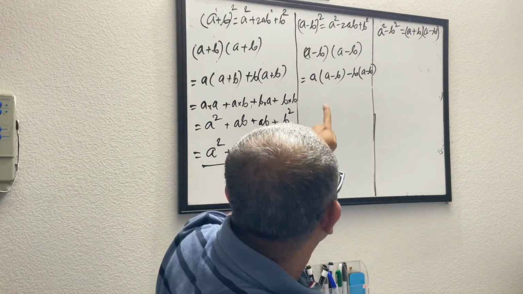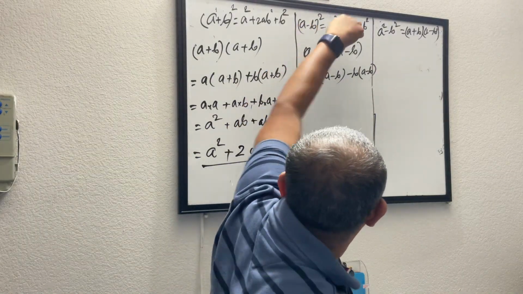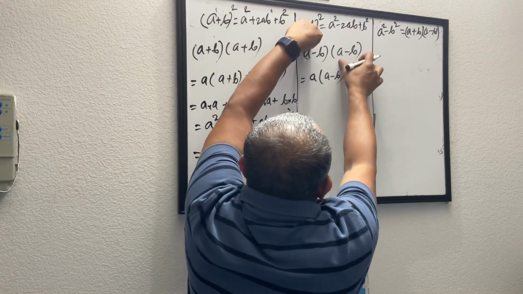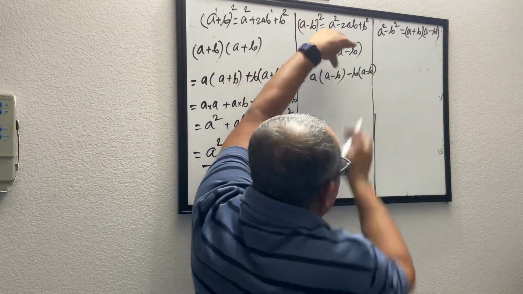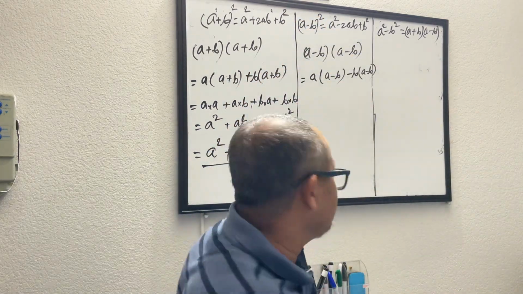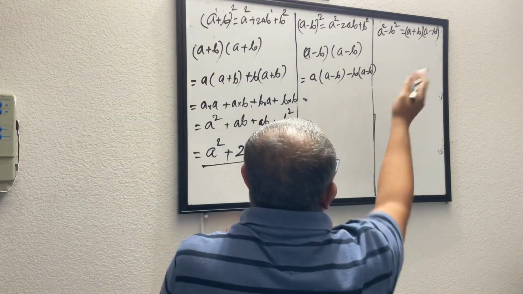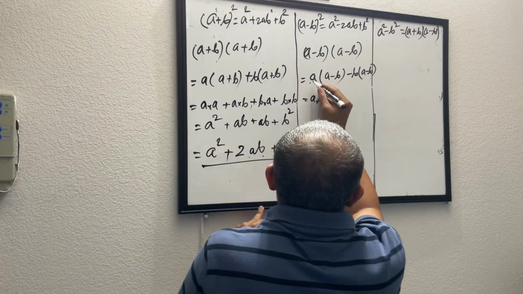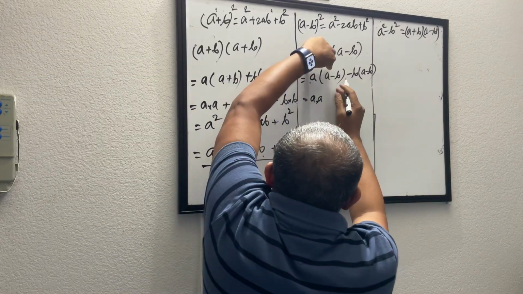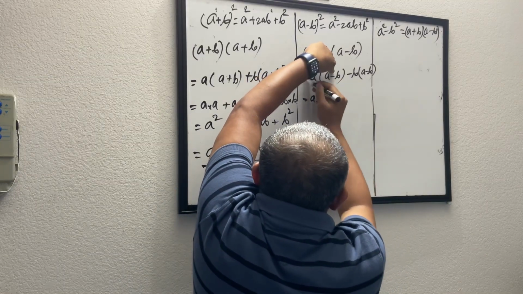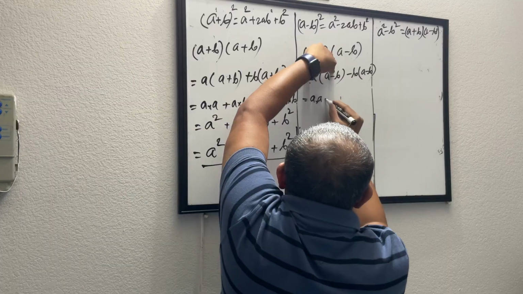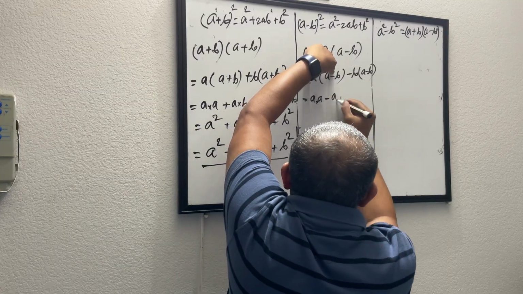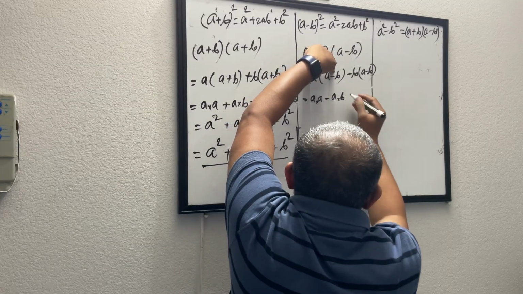Okay? So now, (a minus b) times (a minus b). So a multiplied by the whole thing, minus b multiplied by the whole thing. That's how I'm breaking it using the distributive property. Now, let's break open all the brackets. a times a. And I have a minus here, so nothing means a plus. Plus into minus gives you a minus. a times b is a into b, or ab, we will put it later.